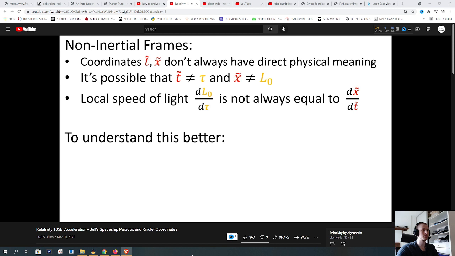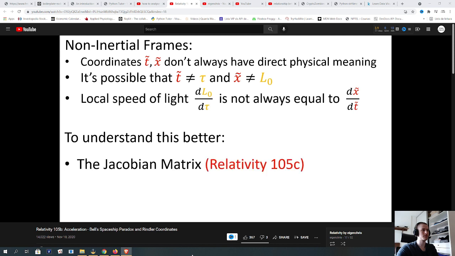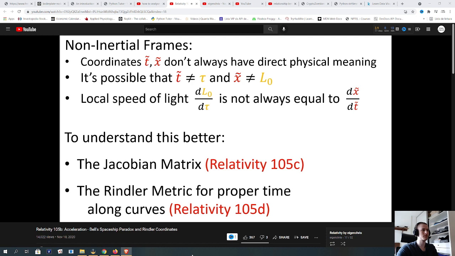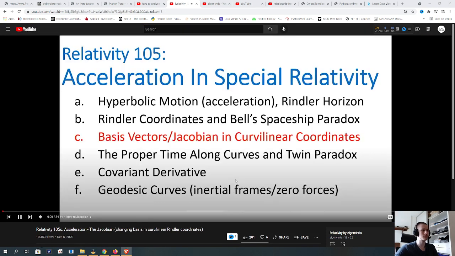Now, all of this might seem pretty confusing. To understand this better, we're going to study the Jacobian Matrix and the Rindler metric for getting proper time along curves in the next couple videos. In this video, we're going